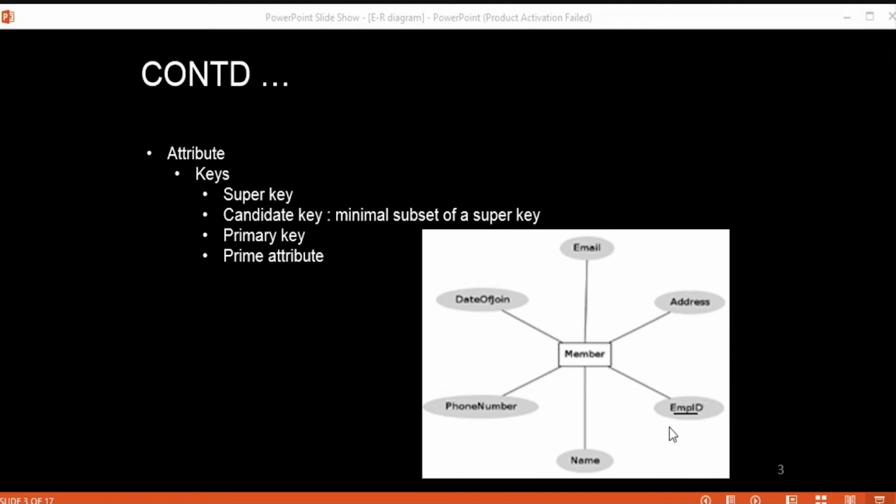We can easily identify the member from their employee ID. So we choose employee ID to uniquely identify a member in the database, and that is the primary key of our member entity.